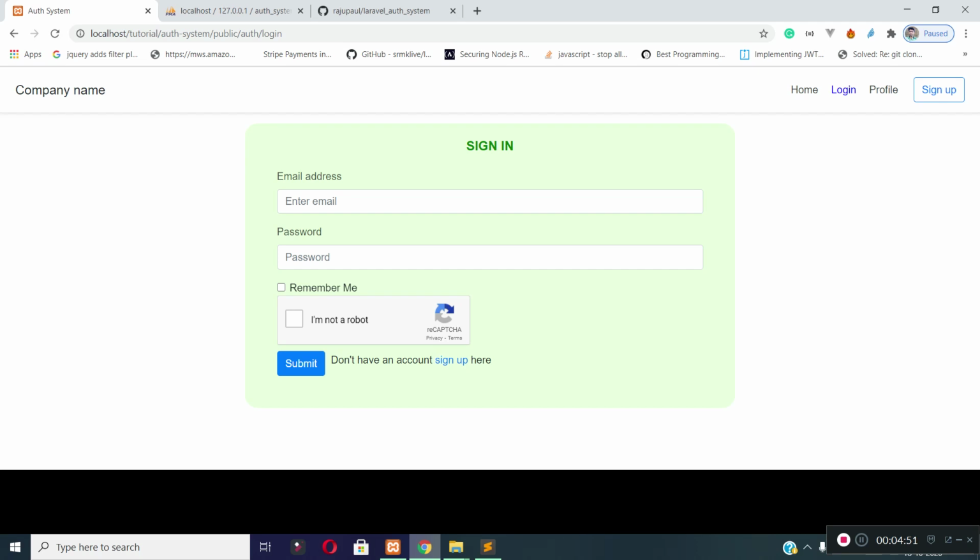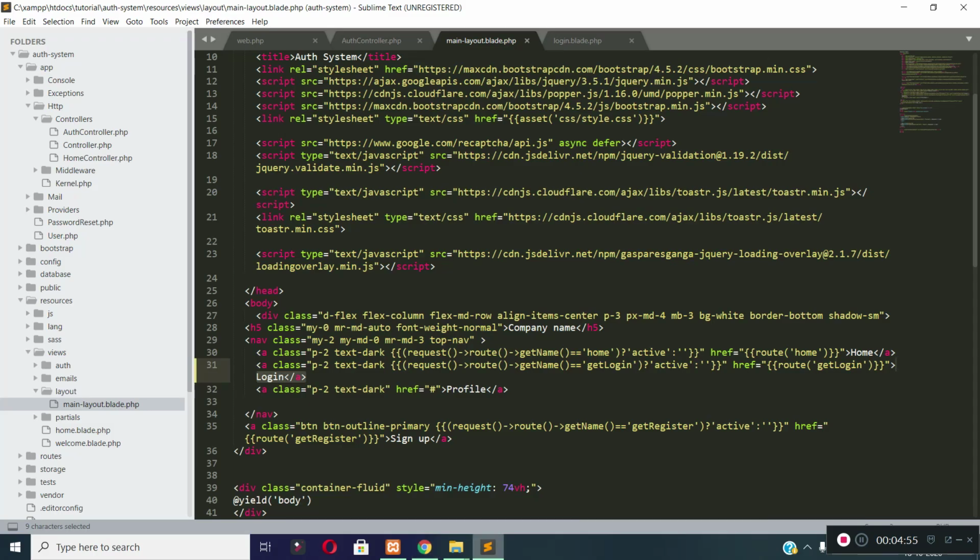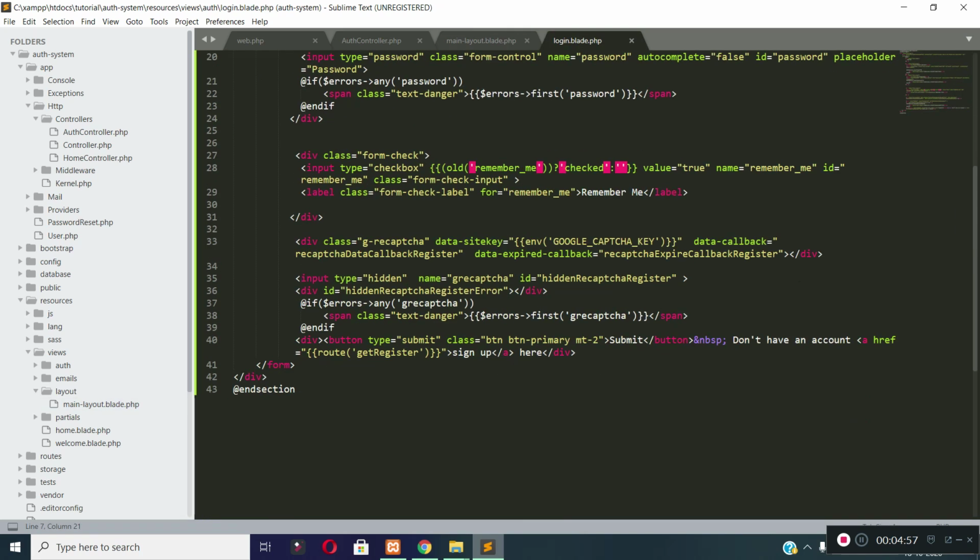Now I need to modify something for the Google reCAPTCHA field in login form. You can see data callback function is reCAPTCHA data callback registered. This will be data callback login for the Google reCAPTCHA field in login form, and for data expired callback this should be reCAPTCHA expired callback login.